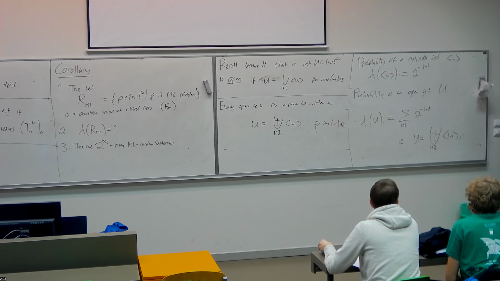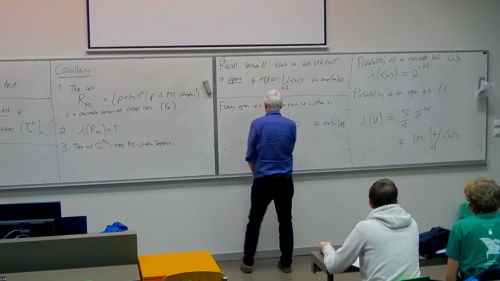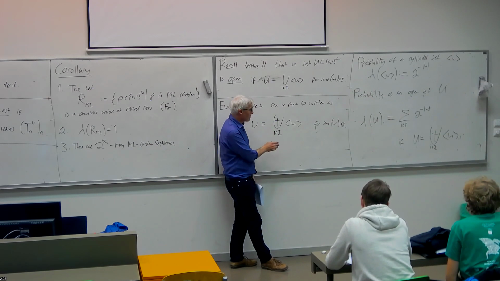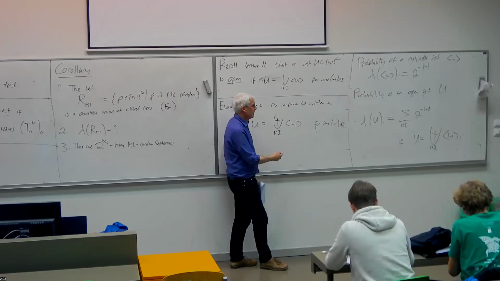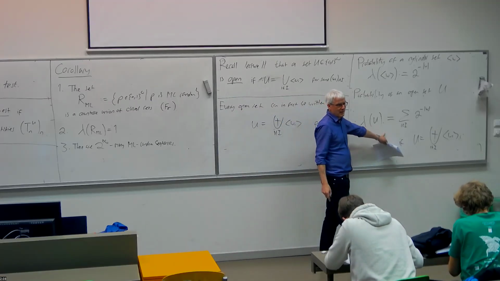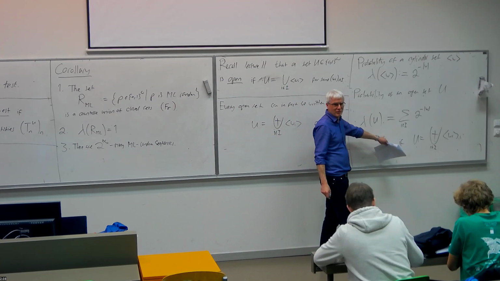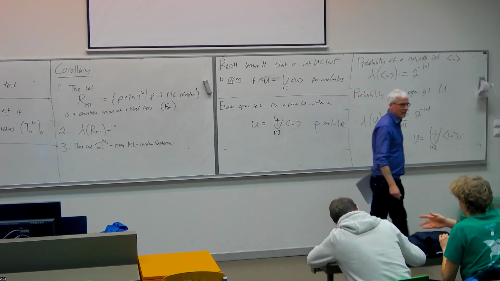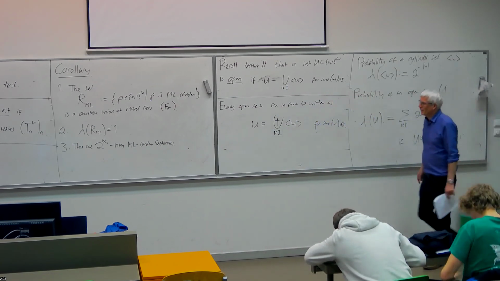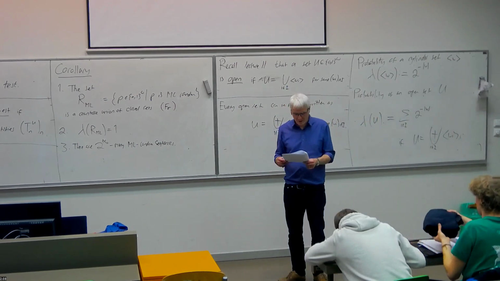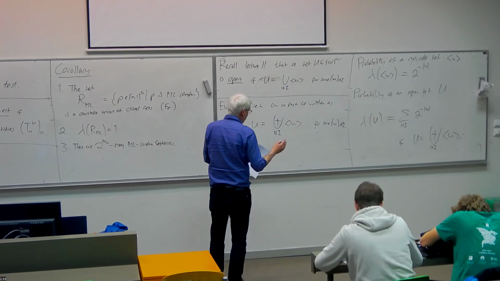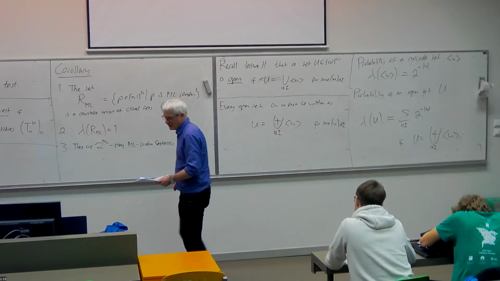Yeah, there isn't a unique way of writing U as a disjoint union of cylinder sets. You can write it in many ways, but you can prove that however you write it, this sum is the same. And that's a fun property to prove. It's not straightforward at all to prove that, but it can be proved purely constructively as well. I don't think there are any hints in the lecture notes about that, but it's a fun thing to do. Okay, so now we've defined the probability of open sets, and we're happy with that,